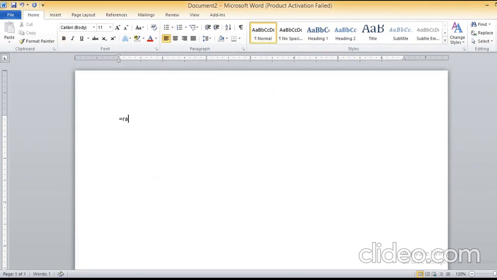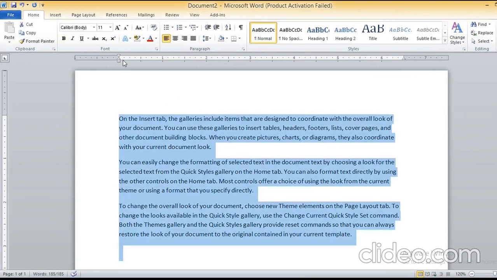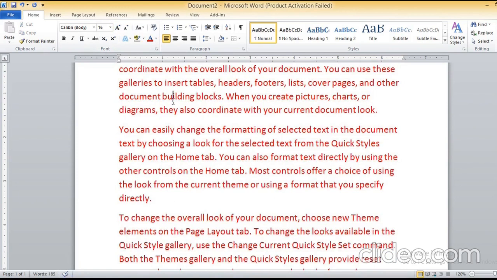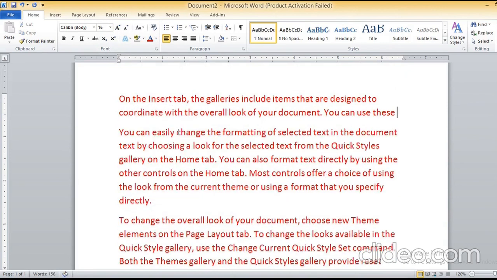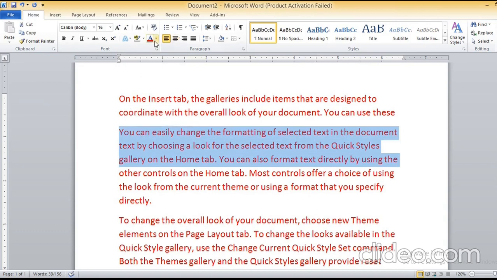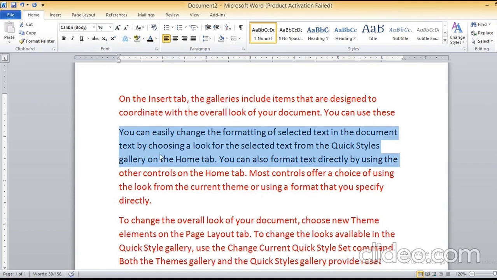See here, I have written a paragraph in front of you. I think all of you are clear on how to write. Then I want to make some changes in my document. Like I want to delete these 3 lines, then I select and delete. In the same way, if I want to write the first 3 lines of the second paragraph in black color, then you have to select the font color. This is called editing, making changes in an existing document. I think all of you are clear on the meaning of editing and how to perform editing in a Word document.